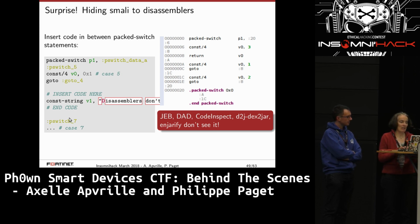So that was really very interesting. I then tested that over plenty of different tools on Android. So you've got Jeb, you've got DAD, you've got AndroGuard, you've got Code Inspect, Dex2Jar. Nobody was seeing that code correctly. So I thought, oh, that's great. I'm gonna hide the flag